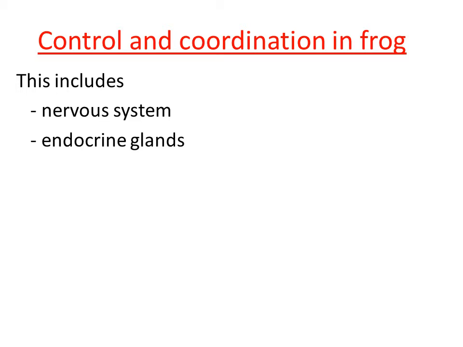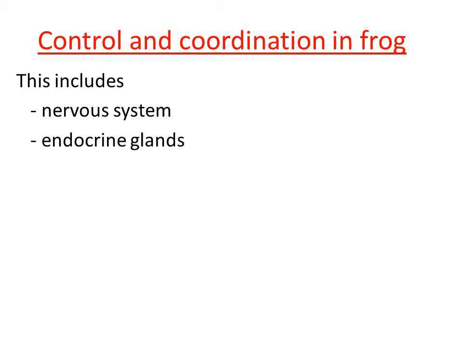Endocrine glands are the ductless glands. These glands secrete some chemicals, and those chemicals are named hormones, right? When the hormones are secreted by endocrine glands, they are released directly into the blood, and blood carries those hormones, that means chemicals, to the target region. So by secreting some chemicals, the functions of the frog take place in a coordinated way.